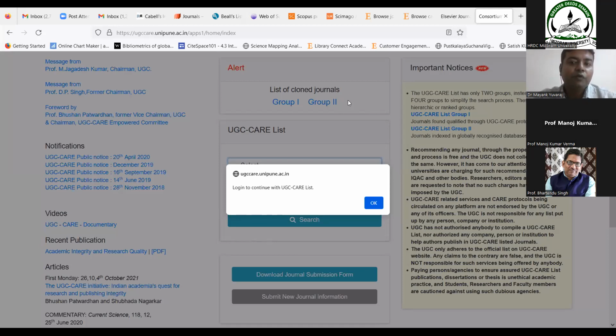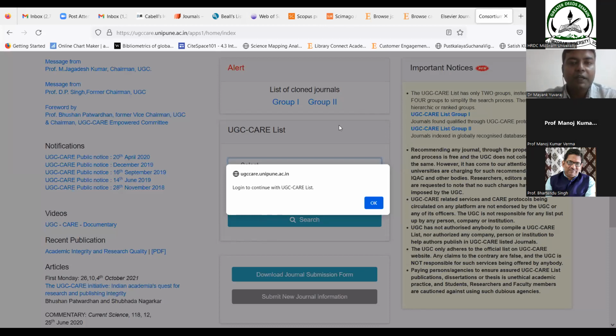But if you go for the UGC CARE Group 1 journals, every year they are evaluated on the basis of the UGC CARE protocol. It may be that today that journal is in the UGC CARE list, but after 2 or 3 years it may be removed. So you will always be in fear whether this particular journal will remain in the UGC CARE list or not. So why be in this fear?